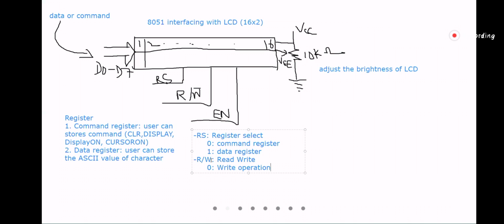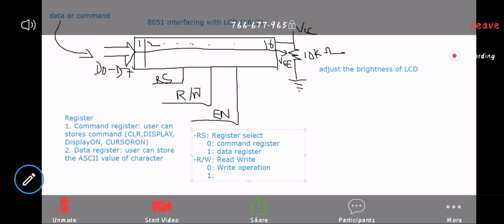We give the values, and that value will be written in the LCD. It will be displayed in the LCD. If it is 1, it is a read operation.